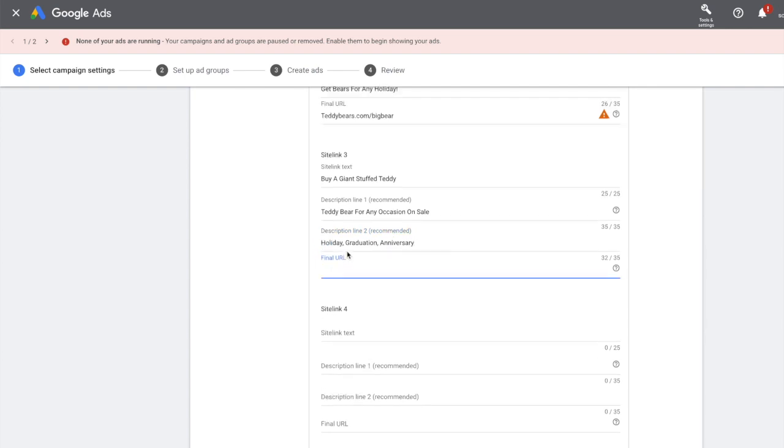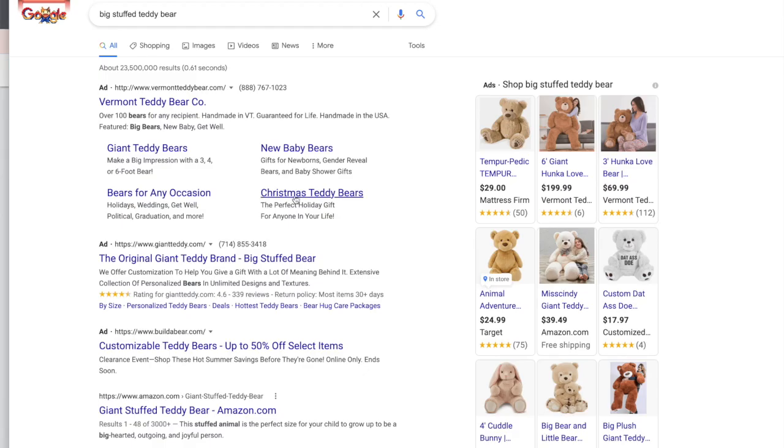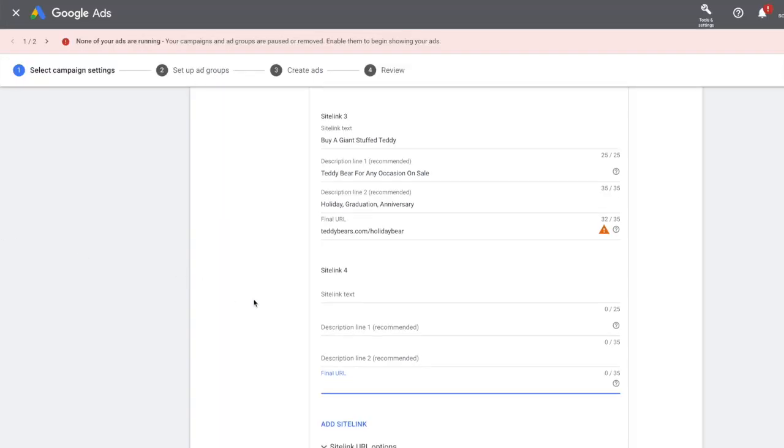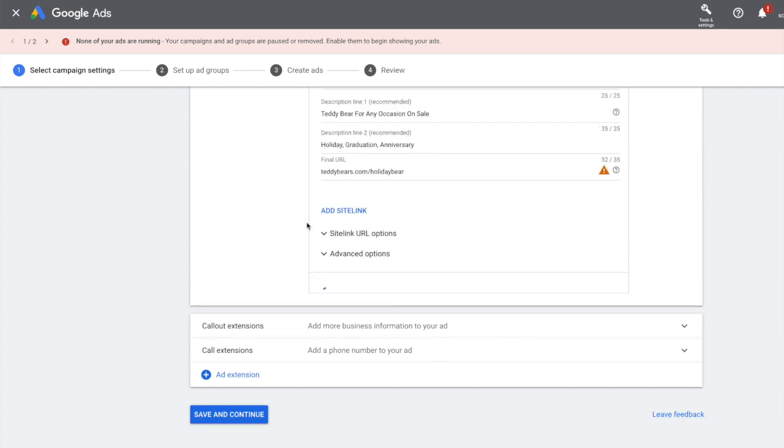Perfect, right? So then I want to put my site link, which obviously has to be different. It has to be unique. teddybears.com/holiday bears, whatever my collection page URL is. Okay, so obviously I would fill in the last 4th one to take up as much real estate as possible. Whatever it is, Christmas teddy bears, just fill it up, make it pop, make it seem like something that people might actually buy. Okay, so I'm gonna go ahead and save all the site links,